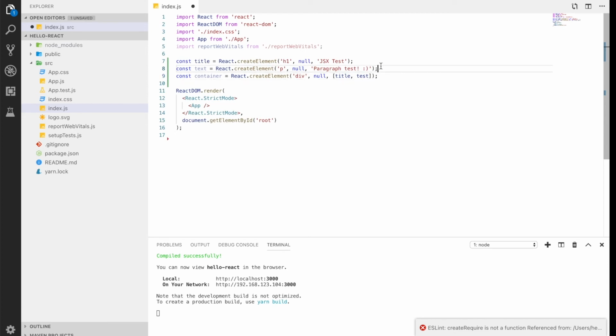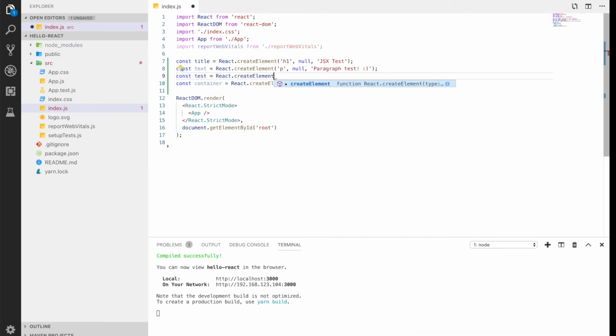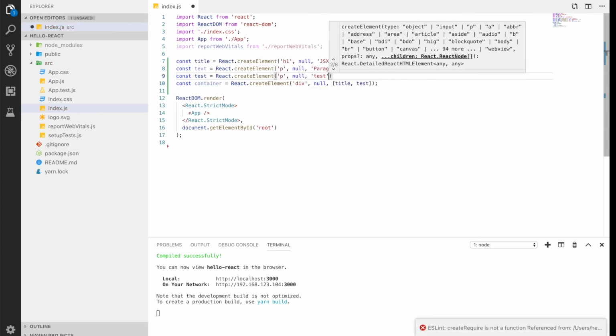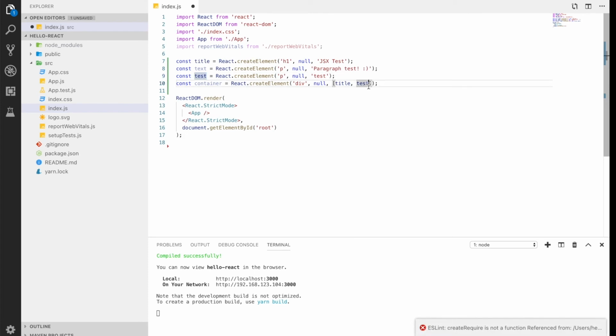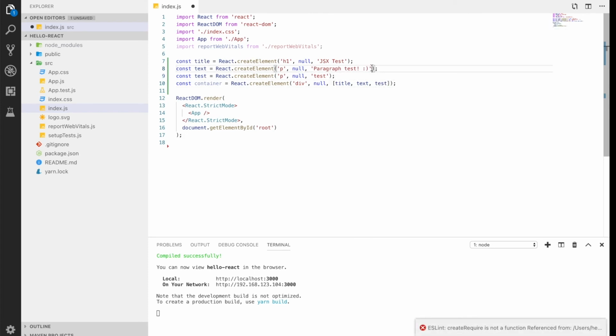So let's say there's another called text and create React.createElement p null and text. Then you can add it here as a text like this.